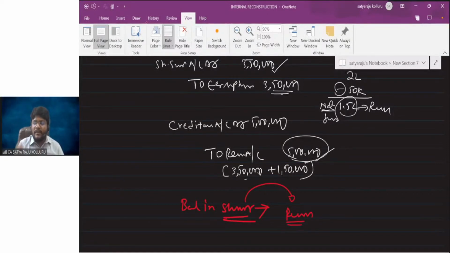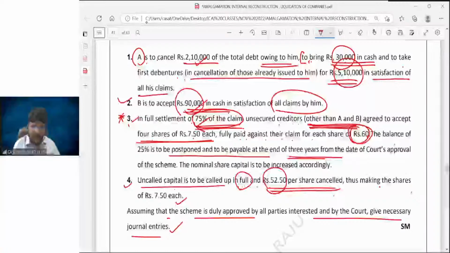Because whatever you required, you already utilized the share surrender, you already issued the shares. Now, if you are unable to utilize the share surrender, at least at this stage, you need to recognize it as a profit and transfer it to reconstruction. From reconstruction, you know how to deal with the situation. P&L account debit balance set off, unrepresented asset debit net off, the remaining balance you can transfer to capital reserve.